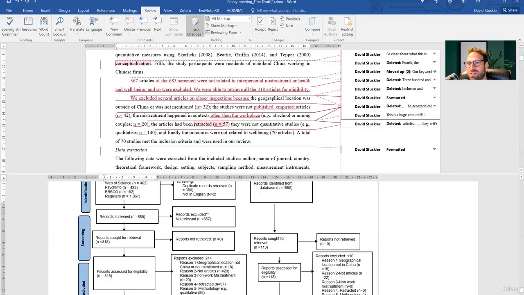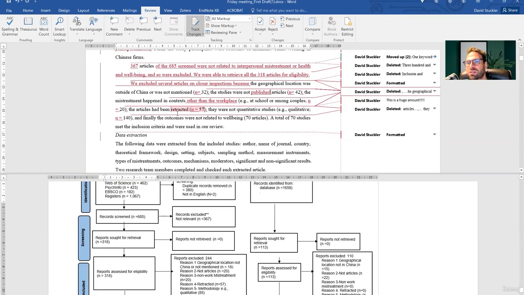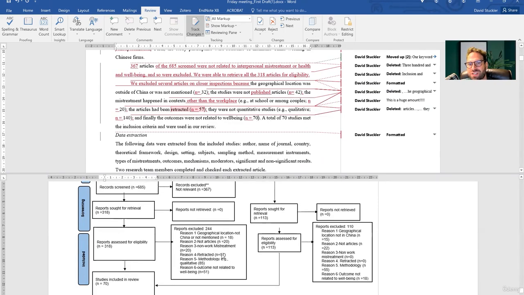They were not quantitative studies. Okay, so they were not quantitative studies. Okay, good. So this is nice. You did a nice job outlining all this here. This left a total of 70. Right, but can you see how the numbers don't add up because I'm counting 74.